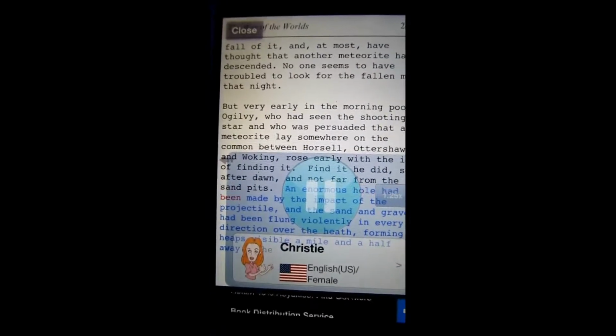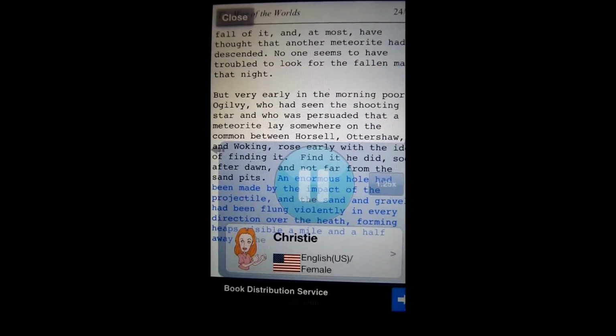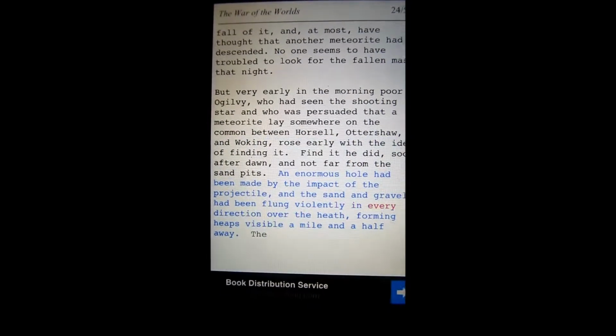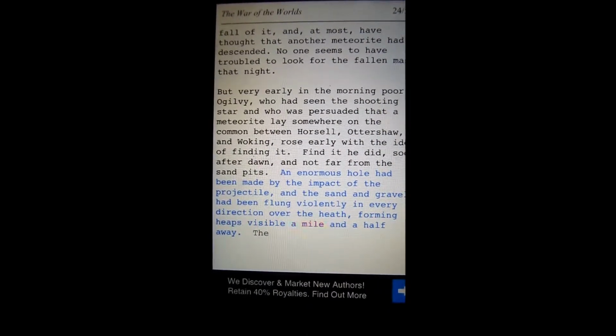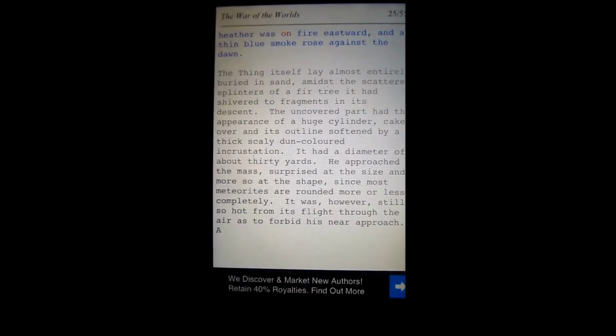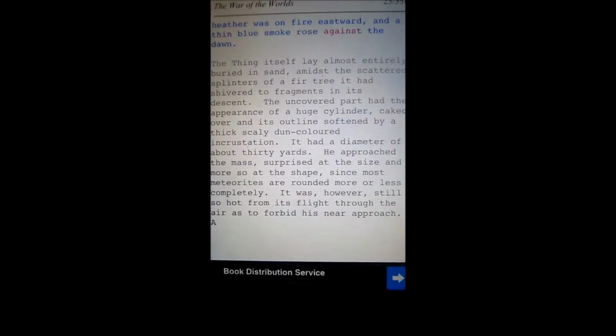An enormous hole had been made by the impact of the projectile, and the sand and gravel had been flung violently in every direction over the heath, forming heaps visible a mile and a half away. The heather was on fire eastward, and a thin blue smoke